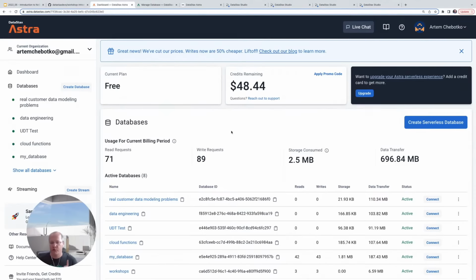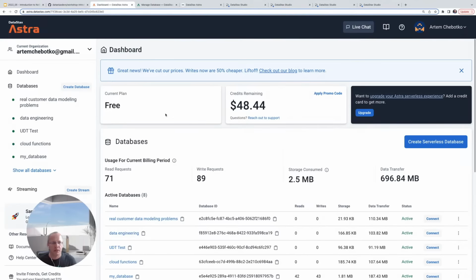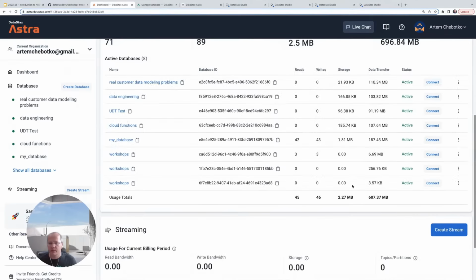So the thing here is I need to first create a token, a security token, an authentication token, to be able to authenticate. And the process is very simple, right? Once you are on this dashboard page, you can find your workshops database and click on the 3 dots next to it, and then choose Generate a Token. Okay, so I'm going to give you a few seconds to find that Generate a Token link. Then you click on Generate a Token